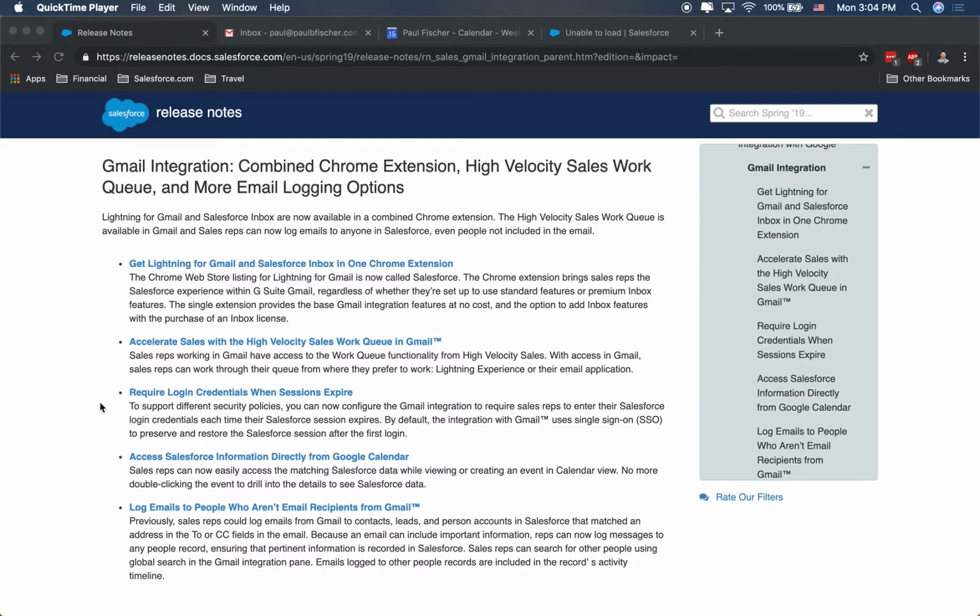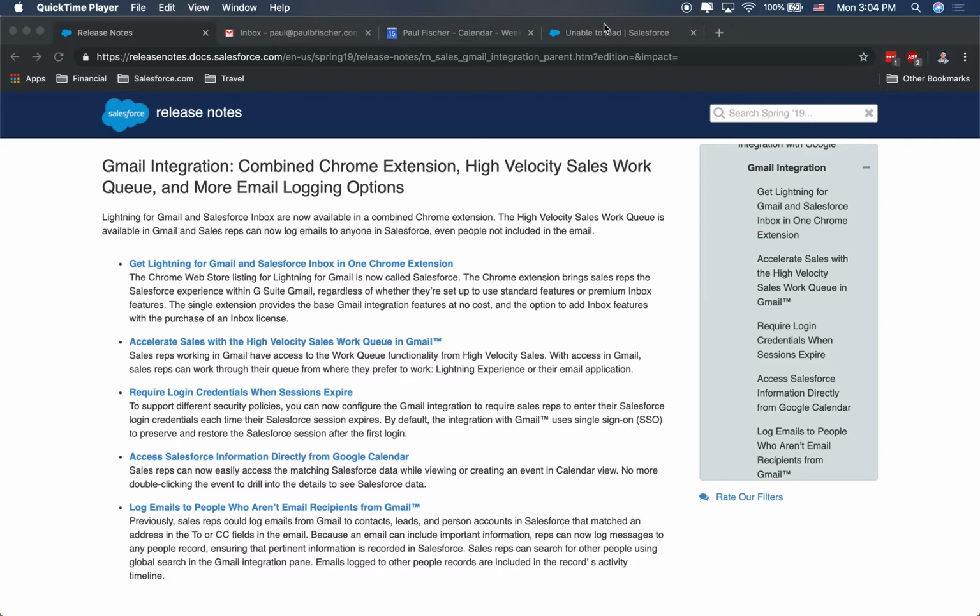In fact, many people have reported in the Salesforce Success Community that they've been logged out of the Lightning for Gmail plugin when they did not want to be. So in that case, you won't leverage this feature. You'll want to stay logged in even if your Salesforce session expires. But for those who do, for whatever your security policies may be, the way you can take advantage of this